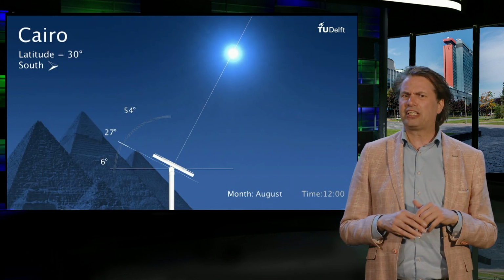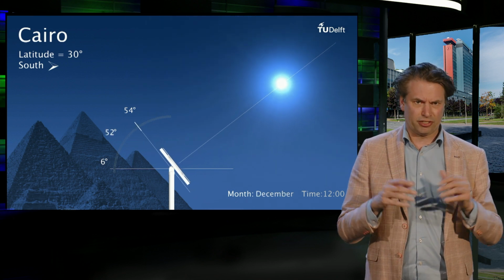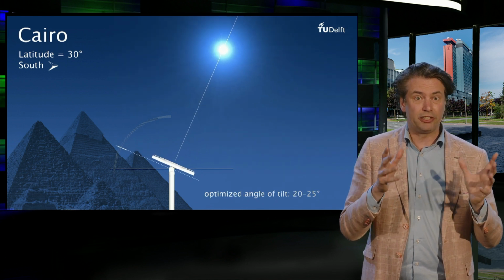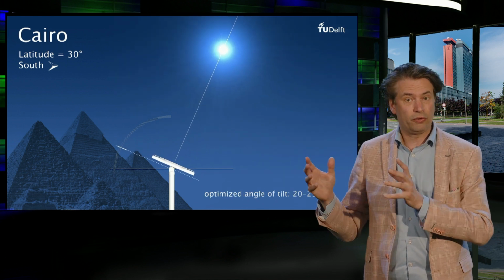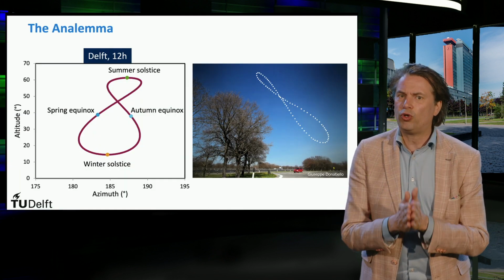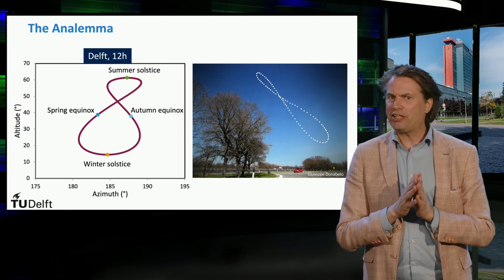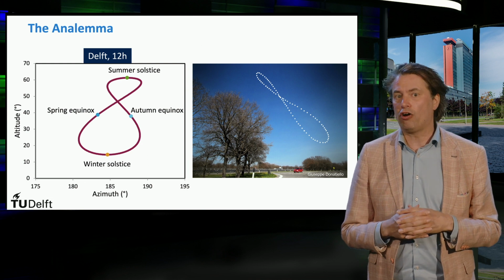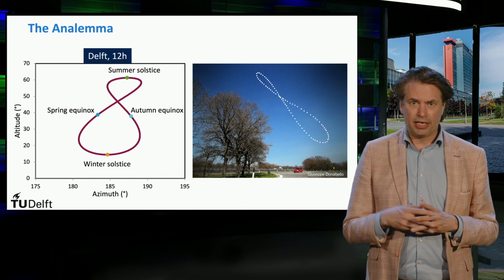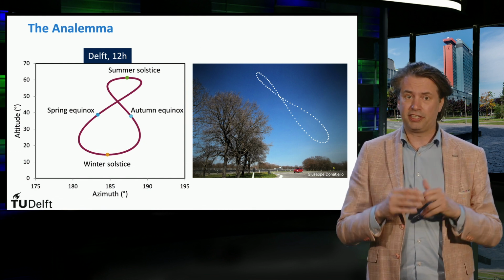It is also interesting to note that the optimized tilt could also be based on the seasons. That is, we could either use an angle that maximizes the PV yield in summer or in winter. In the animation, we have looked at the position of the sun at noon. Another way to visualize the seasonal variation of the trajectory of the sun is by means of an analemma. Here the analemma of the maximum tilt of the sun in the sky in Delft in the Netherlands is shown.